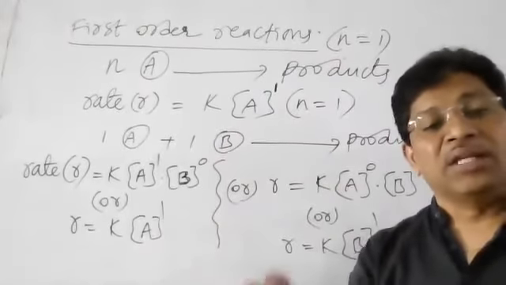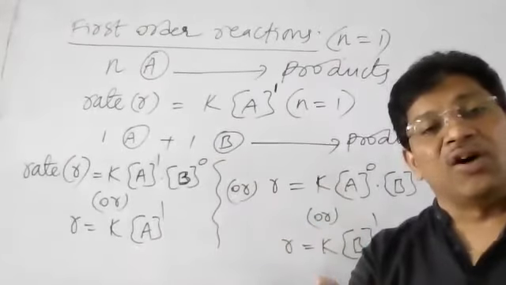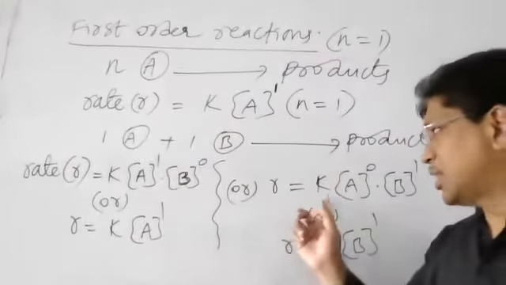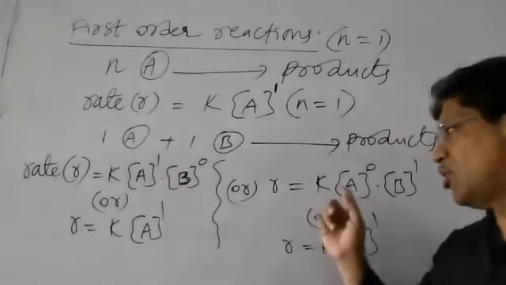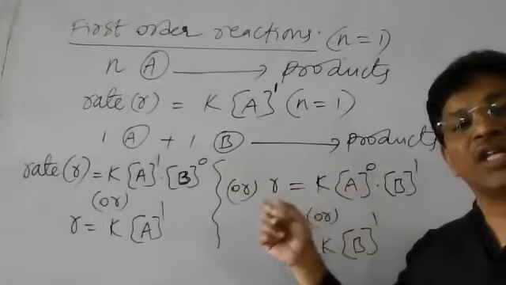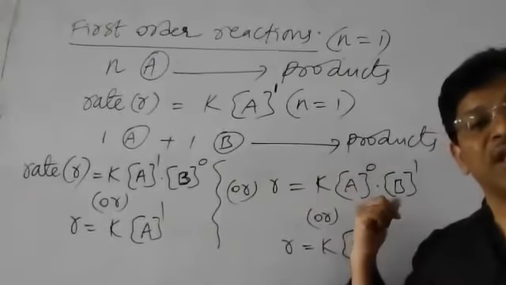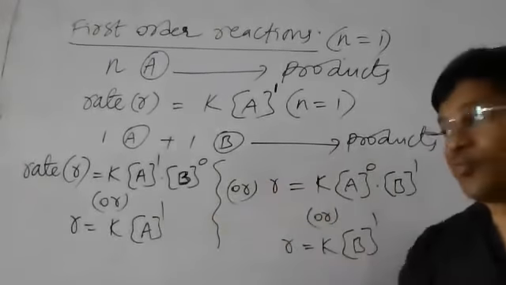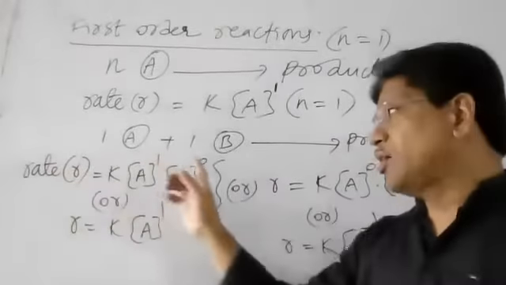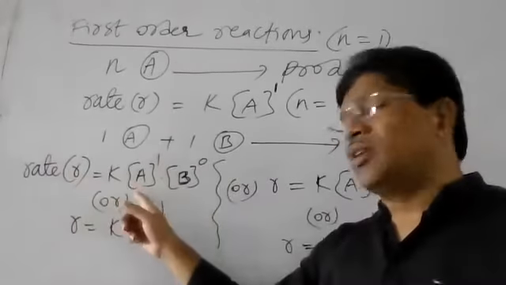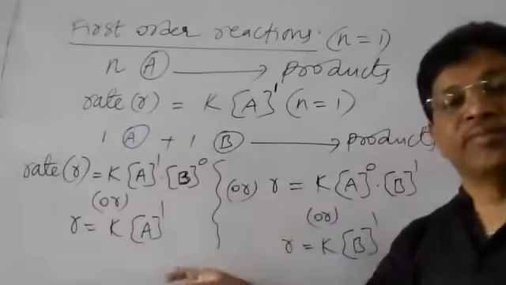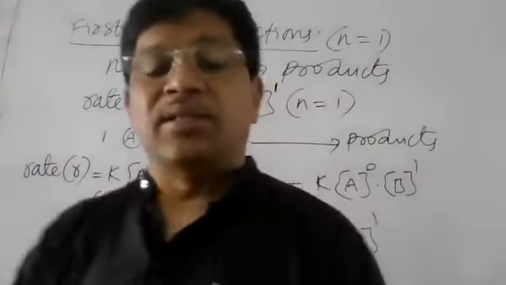But the variation in the concentration of A does not decide the rate of reaction. In this case, the rate of reaction is not depending on the concentration of A. Means if you change the concentration of A here, there is no change in rate of reaction. But the change in concentration of B will change the rate of reaction. In the other case, the rate of reaction is independent of the concentration of B, but depends on the first power of concentration of A. So in both ways we can mention it. Is that clear now?